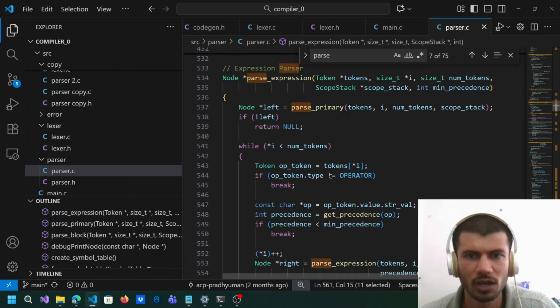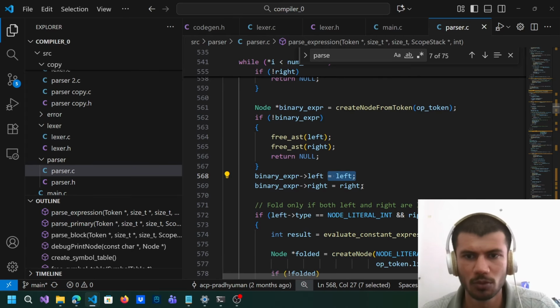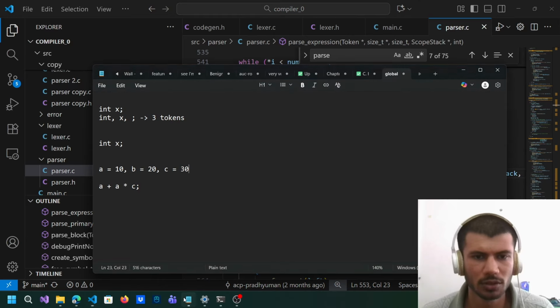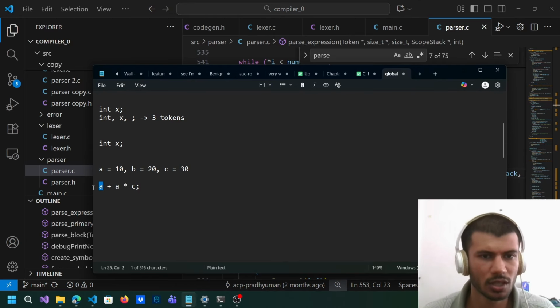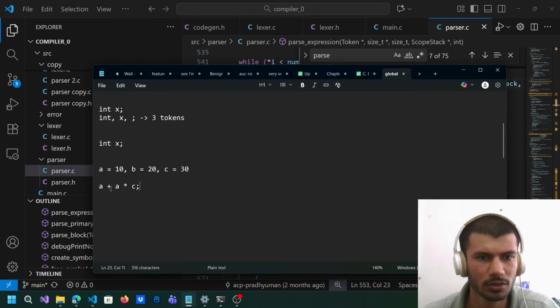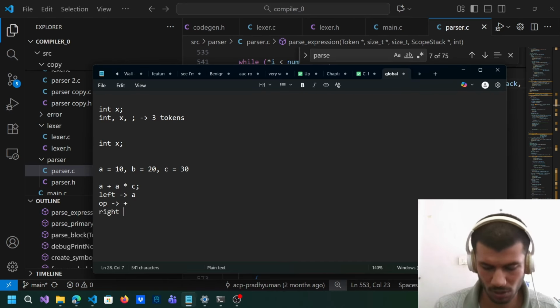That binary expression tree will have my left portion and the right portion, the rest. The left portion will have this A in this example, and A into C will be placed in the right portion. Okay, operator is plus, left is A and right is A into C,